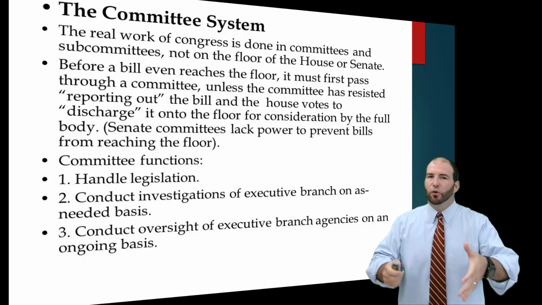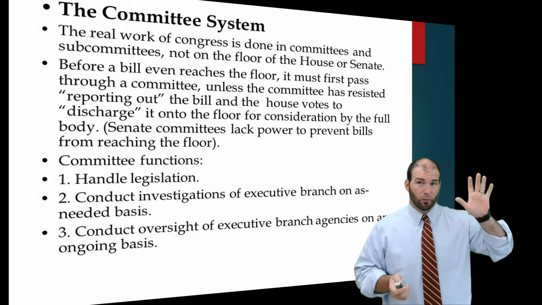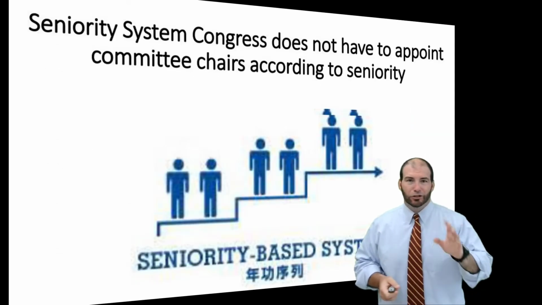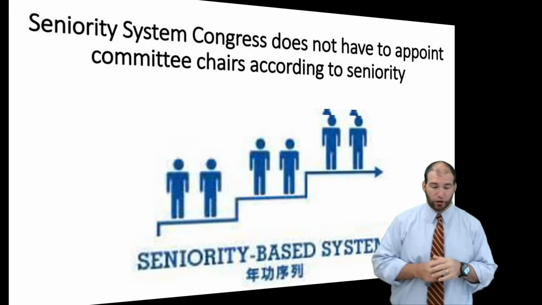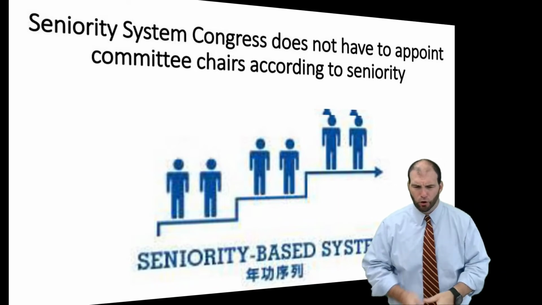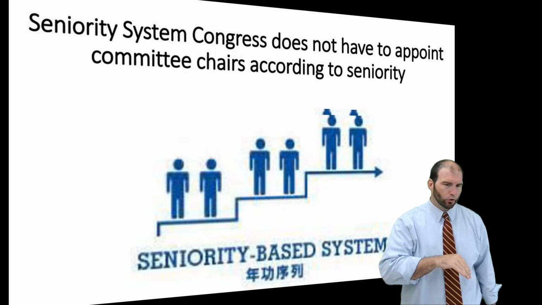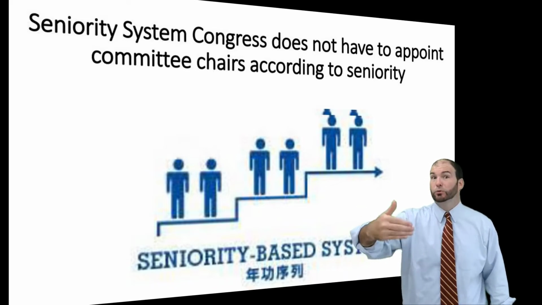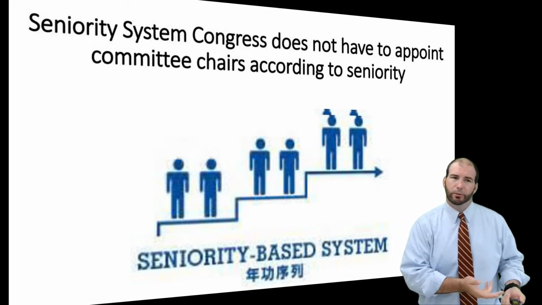But much of what Congress does is based on the committee system. So if you're on a committee, you have a lot of power, especially over your little niche, your little thing that you deal with. You have a ton of power because you can decide what goes on and what doesn't. So everybody elected to the House of Representatives wants to be on a committee, because that's where a lot of the power is. So how do they pick who gets to be on these committees?